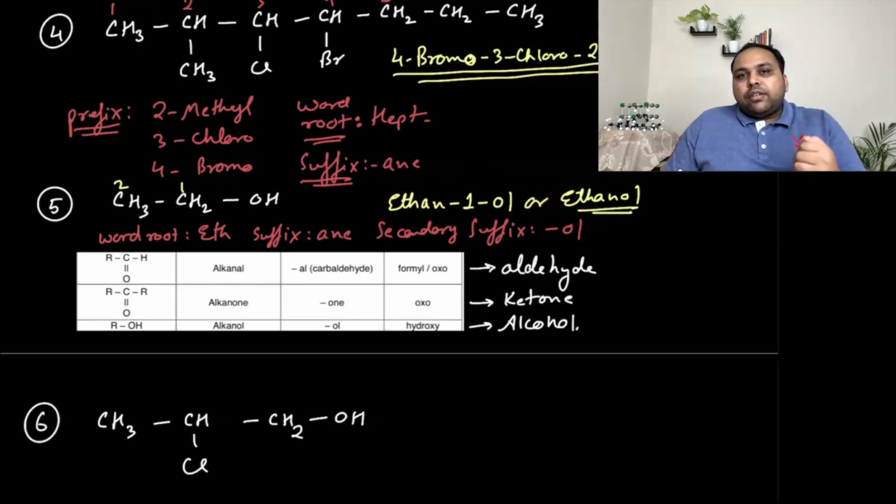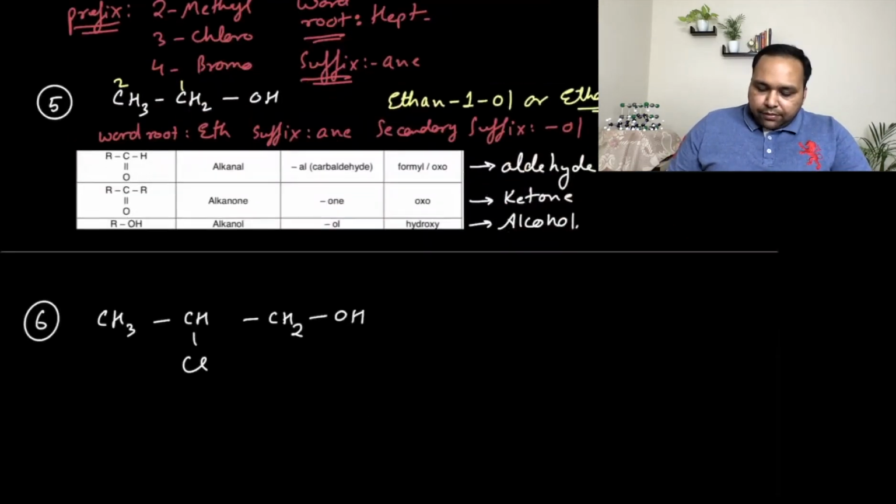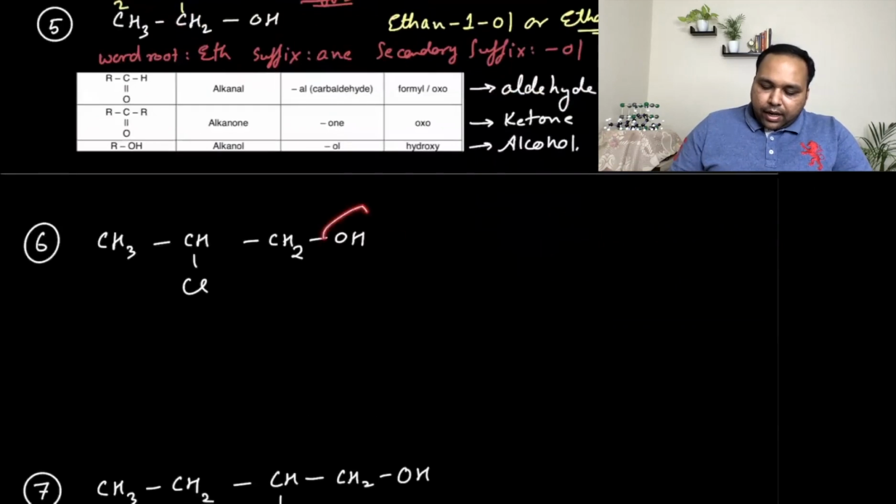Now let's move to a little more complex problem where you have a functional group and a substituent, and we'll write the name in detail. Okay, so first of all, let's number the carbon atoms. There are 3 carbon atoms. You give the highest priority to the functional group, that it should get the lowest possible number. So first carbon is the carbon which has OH attached to it, so that is 1, and clearly then you have 2 and 3. Now let's write the various parts.